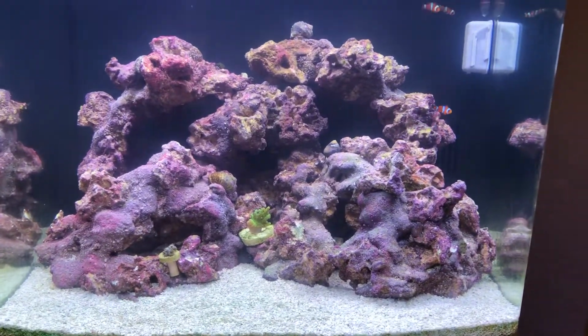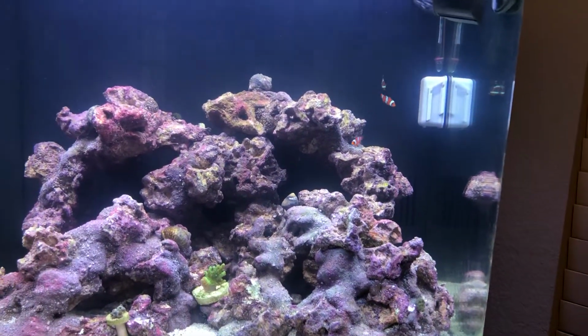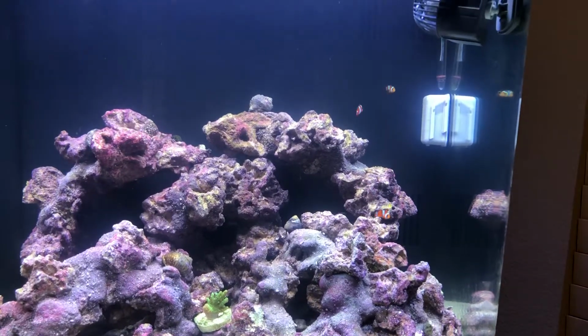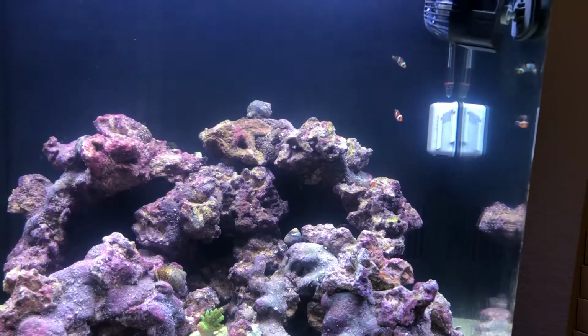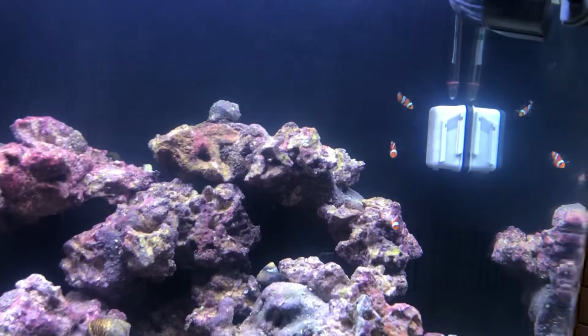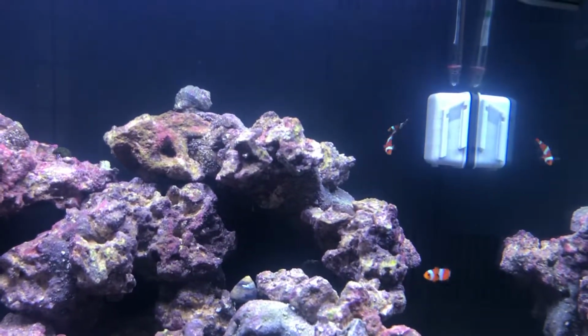I did read on one of your posts that 3 clownfish is eventually going to be a problem. Talked to my local fish store about that as well, and they've agreed to take one of these guys back. So in the next week or so, we're going to drop back to just 2 of these guys instead of 3. It's kind of a little bit upsetting, but